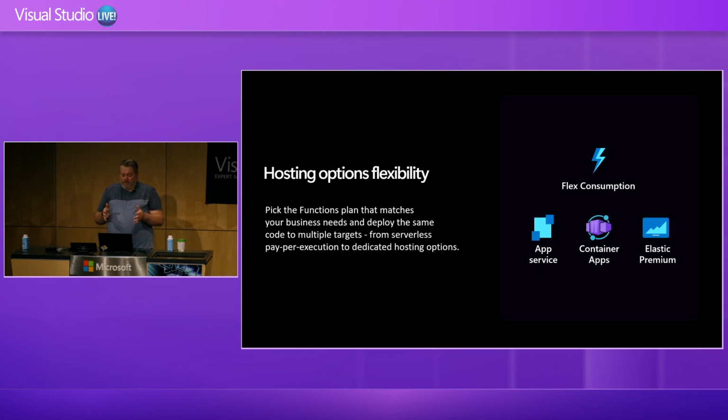But then we also have three more hosting plan options. That's basically part of the flexibility that you have here. One is the Elastic Premium plan. The Elastic Premium plan still takes the event-driven source into consideration when it scales, but you have more ownership of what goes inside each box or each plan. So you create a premium plan, and you can put multiple function apps in it.